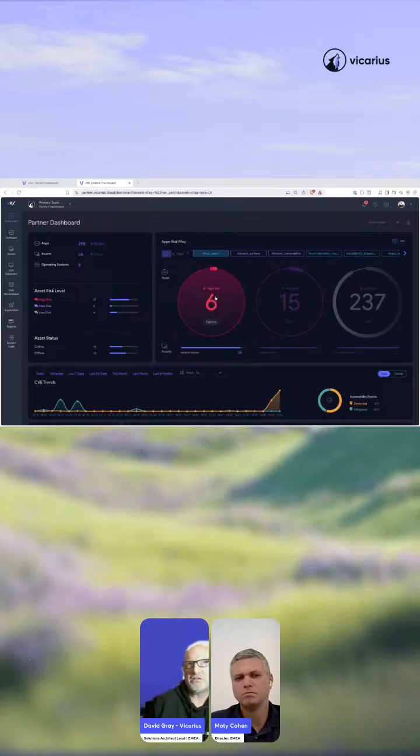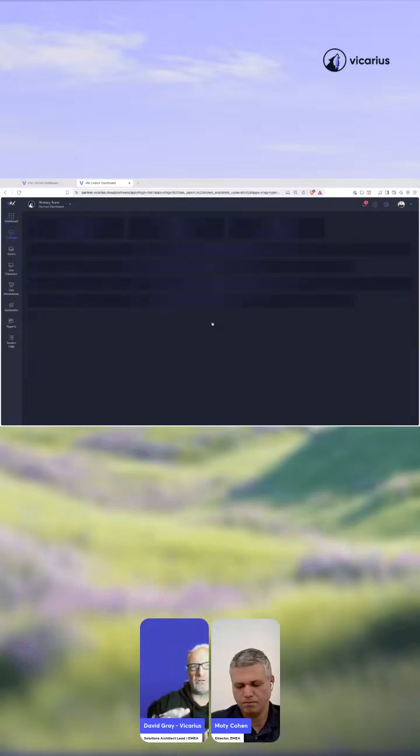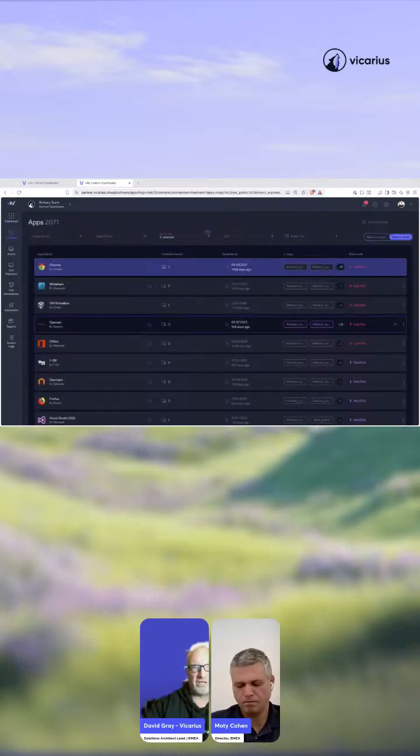So these could be patched and that would more than likely reduce the risk. But we can take it a step further. You can also combine it maybe with known exploited vulnerabilities. So we have 5 high risk applications that have known exploited vulnerabilities, but they also have patches available. So really good candidates that we can then start to apply patches, reduce risk, and start to improve your security